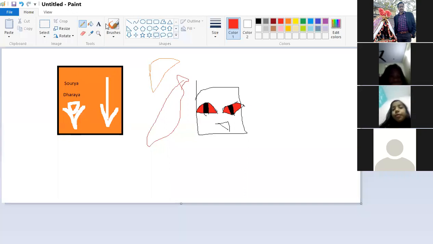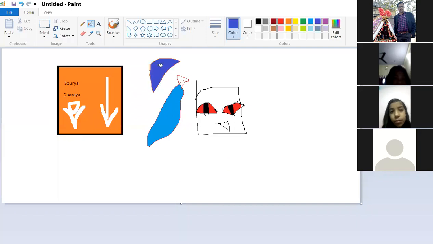Now, if I fill up with any color, I can pick it from the colors here and fill it up. And then if I pick another color, I can fill it up. So you can see I can pick the color and fill it up, and I can pick the color and just draw the figure. Next, I will be drawing with the help of the brush.